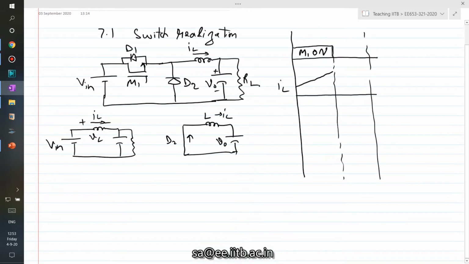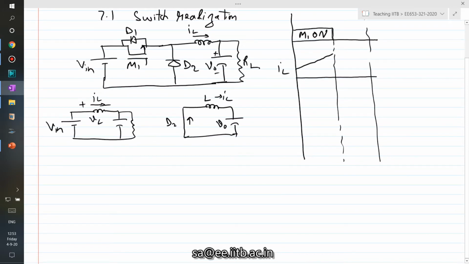Now this point is sometimes a little bit different, because usually we say a diode becomes forward or reverse biased depending on the voltage we apply across its terminals. Forward bias is positive voltage, reverse bias is negative voltage. Or we say the anode potential should be higher than the cathode potential, and greater than a certain value, roughly 0.6 or 0.7 volts. But here we are saying it in a slightly different way: because current is not finding a path, this diode has to turn on. Both things are very similar.